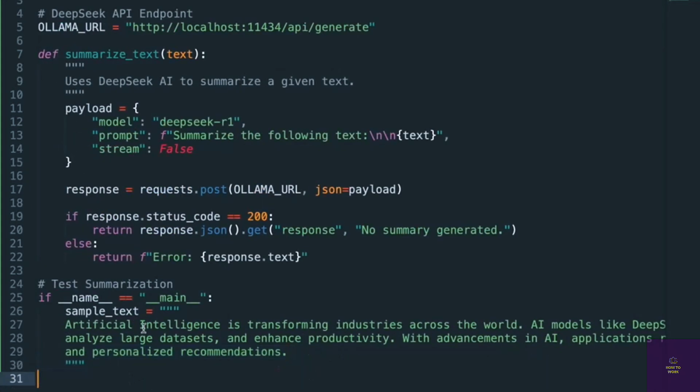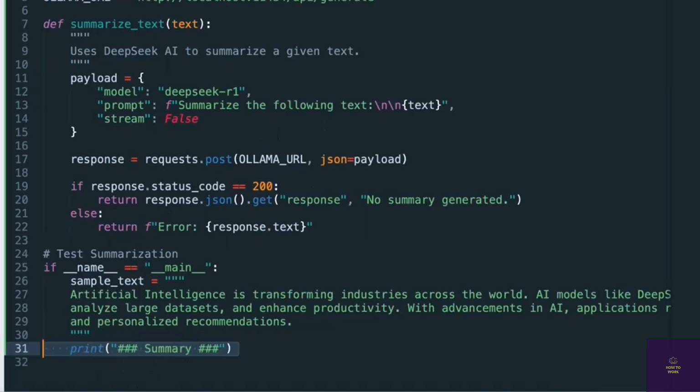And I'm going to close this sample text variable here. This contains the paragraph about AI which will be summarized. So next, let's go ahead and call the summarization function and print the output. For that, I'm going to first say print summary text, and I'll say print. I'll call the function summarize text and pass this sample text to it, and it will give me the